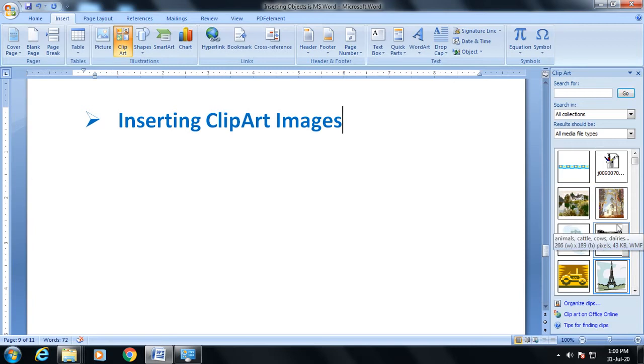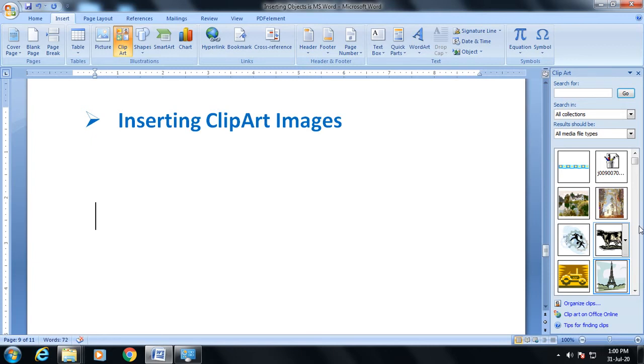If you are writing an essay on a tree or any occasion or any particular topic, you may want to insert a picture with that topic or essay, so you can insert that particular picture with the help of clip art. How? Let's see.